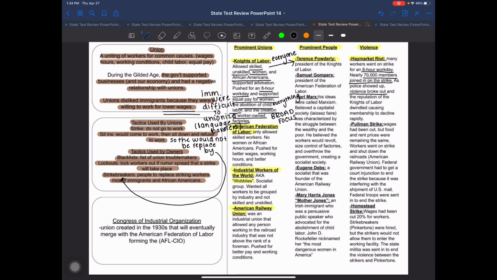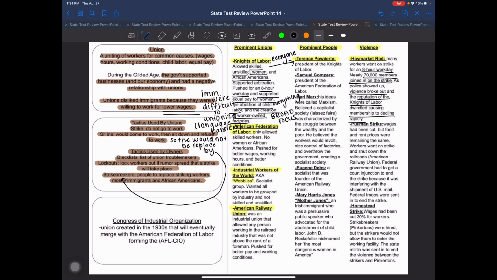I know some cops are harmed in the making of this situation, but the problem is this really hurts the reputation of the Knights of Labor, and we see a major decline in their membership. Even though the Knights of Labor were not responsible for the violent part of this, what was supposed to be a peaceful strike, because they were there, their reputation got tacked on to being like a terrorist.